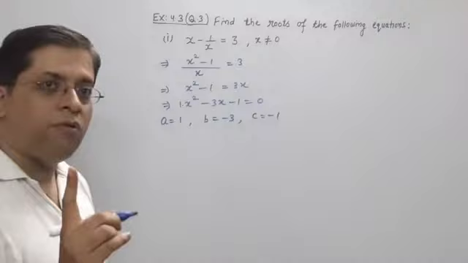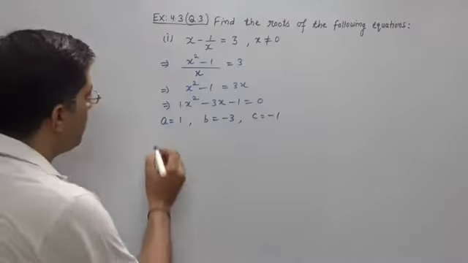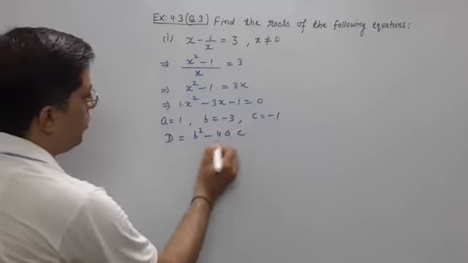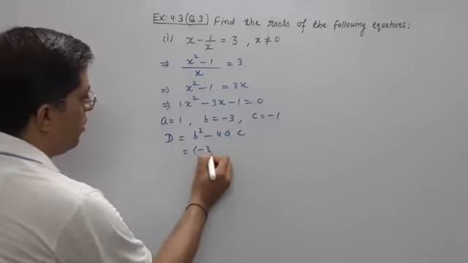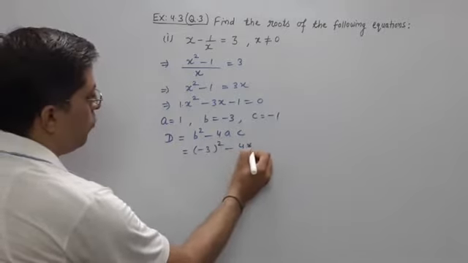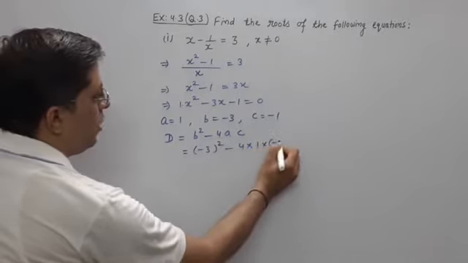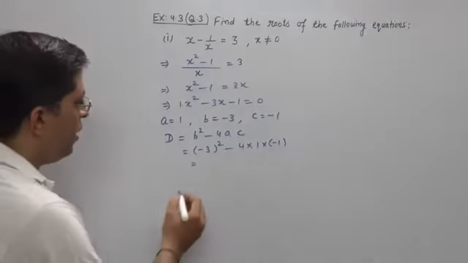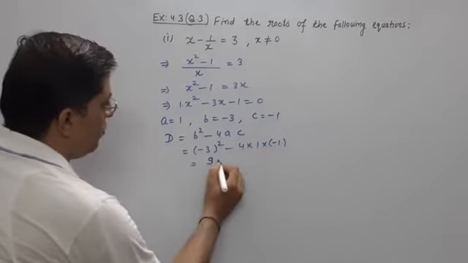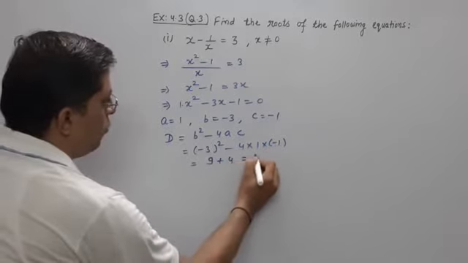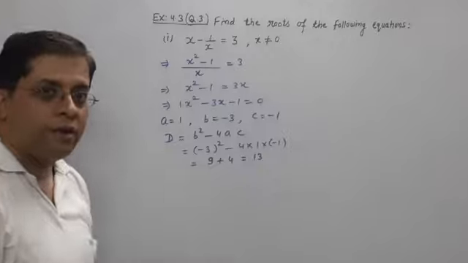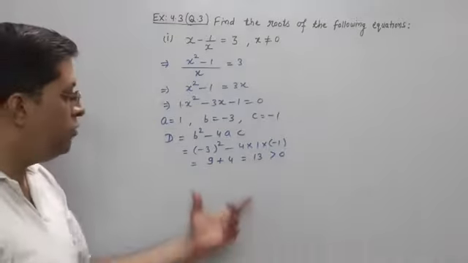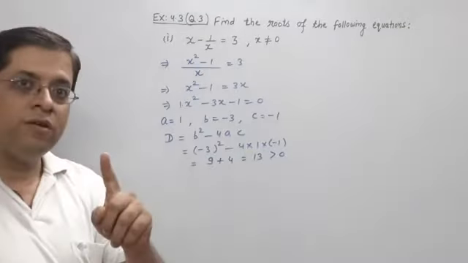After that, you know we have to find out the discriminant. Discriminant D. D is equal to what? B square minus 4AC. B is your minus 3 square minus 4, A is 1 and C is your minus 1. Minus 3 square will become 9. 9 is here. Minus minus plus, this is 4. And D is coming 13. And 13 is what? Greater than 0. And greater than 0 shows that the equation has real roots, right?